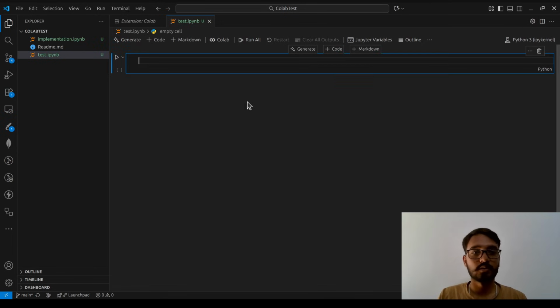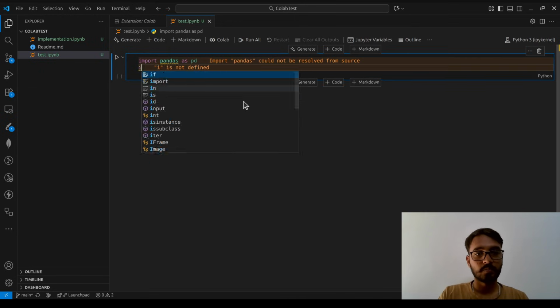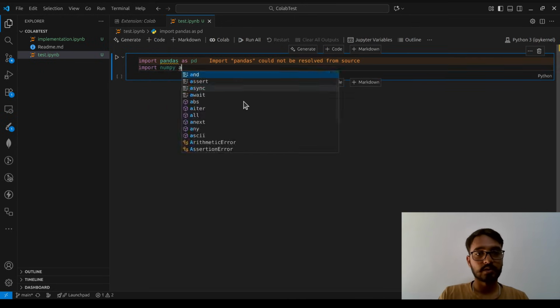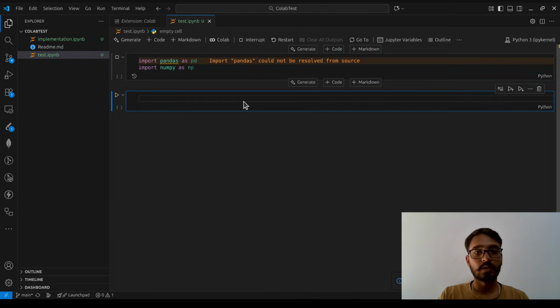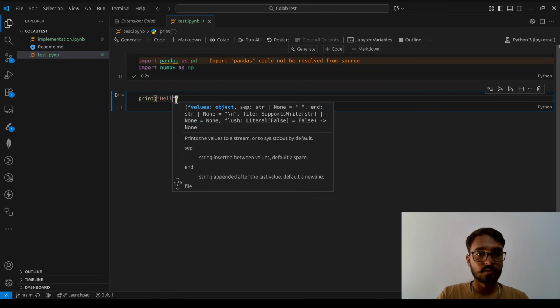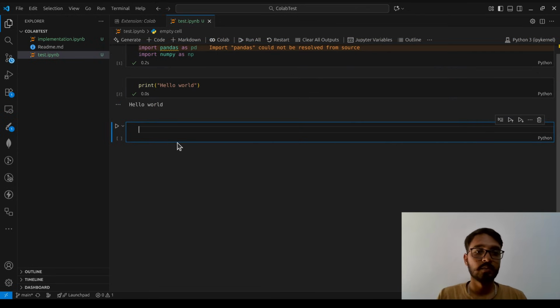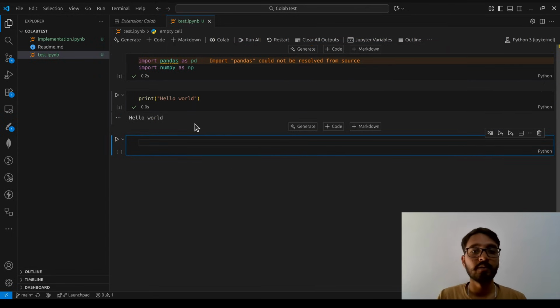Now we'll do some Python over here. So let's say import pandas as pd, import numpy as np. Now I have run this. Let's see. Now it is running, and then we'll do print hello world. You can see this was successful, but yeah, you might be having a doubt,